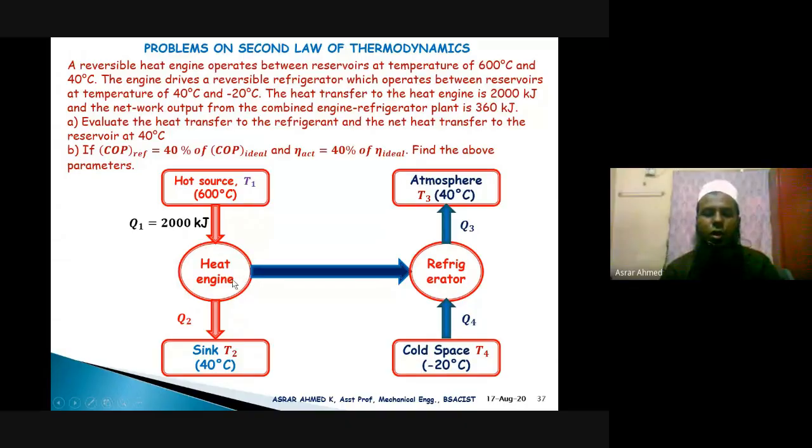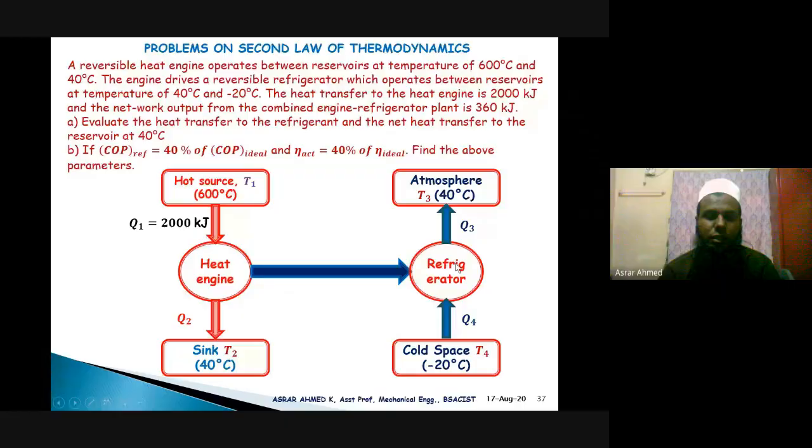All the 100 kilojoule is not given to the refrigerator; some part is. Let us say that out of 100, 40 kilojoule is given to the refrigerator. The blue line is 100 kilojoule of work being produced, but to the refrigerator only 40 kilojoule is